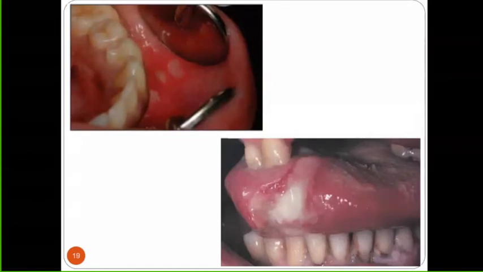Can you see this? The lesion on the tongue, the bottom picture, is of a traumatic ulcer. This is a typical ulcer because of trauma, maybe tongue biting or something like this. And what you see up is an aphthous ulcer. If you can see the inflammation around the ulcer in the top picture, you can see the erythema which is present. And down, you can compare both the ulcers and clearly differentiate which is a traumatic ulcer and which is an aphthous ulcer.